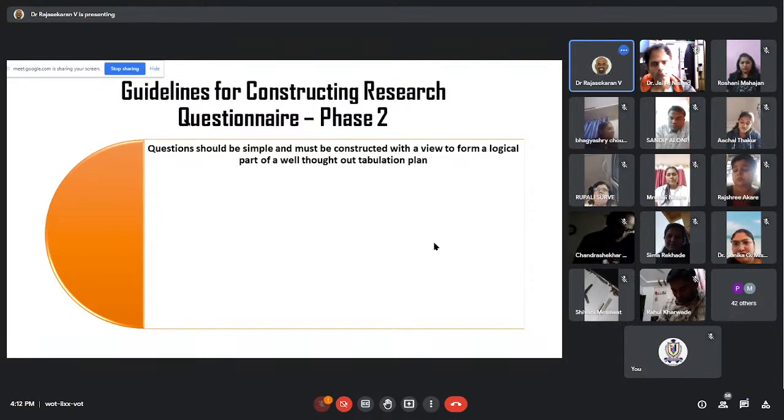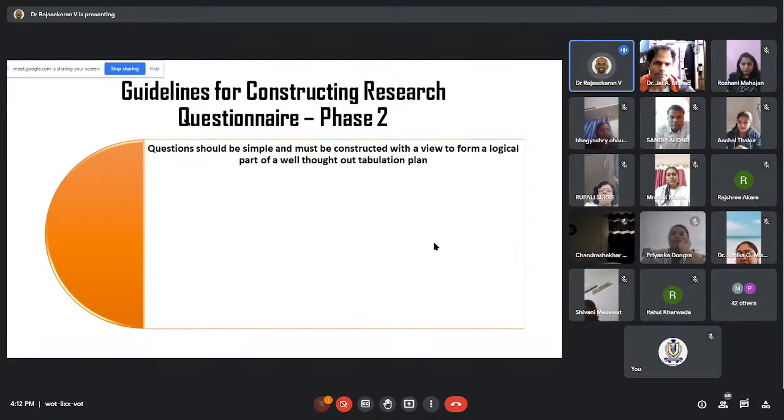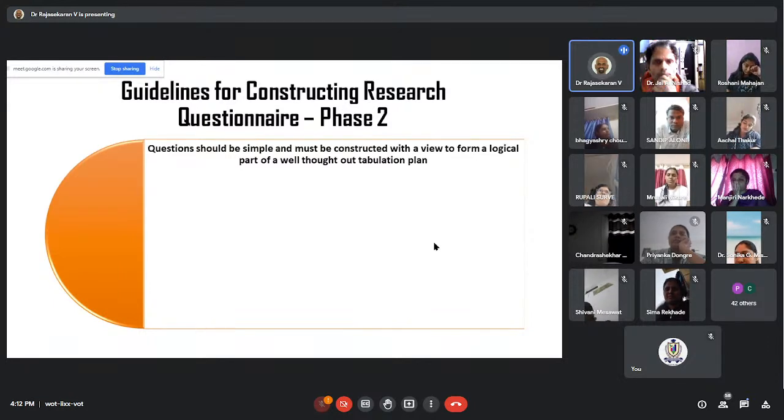Let me tell you. You want to know about the demographic details of a participant, a respondent of your research. You allow him to write anything. He says MA English. You want to know about his parents' education. They write 10th grade, 12th grade, or 10th standard, or 12th standard, or BA, MA. They'll write in their own style. Even though you can collect all the information, when you tabulate it, you will have a hard time. Someone could have written like